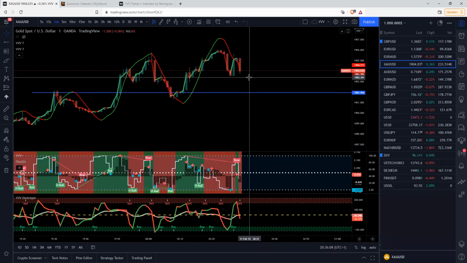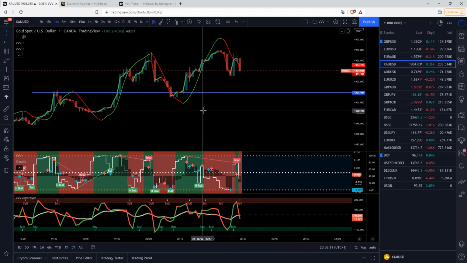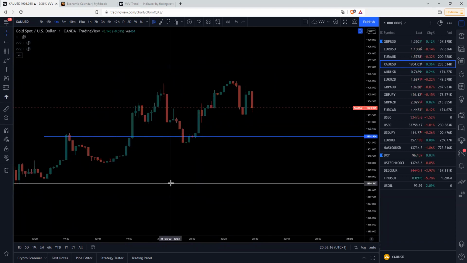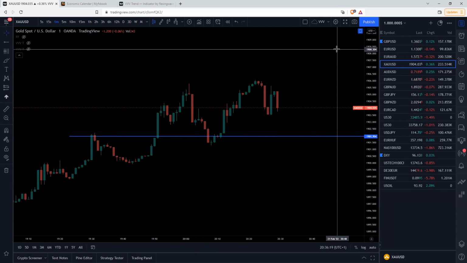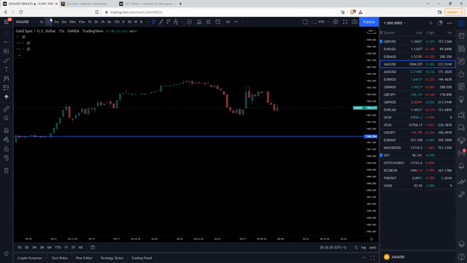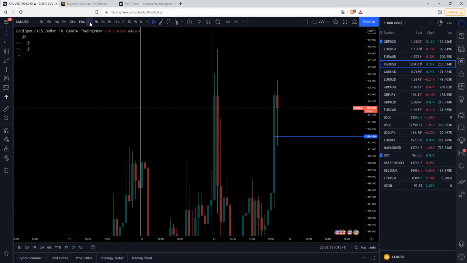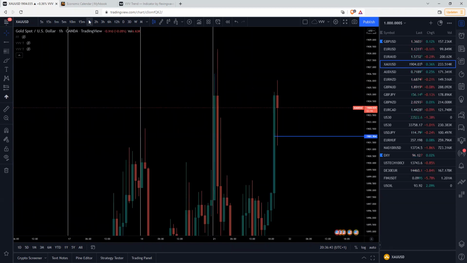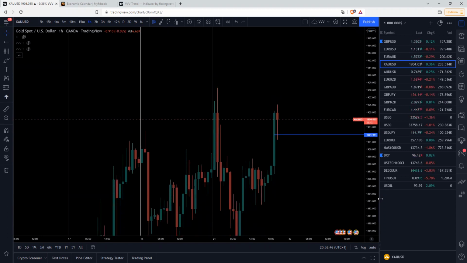So let's see a weekly lookout, right? Naked chart. What's happening with the gold? It's like stopped, or there is no movement at all. All right, that's strange. Okay, so